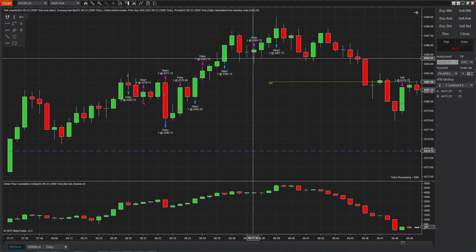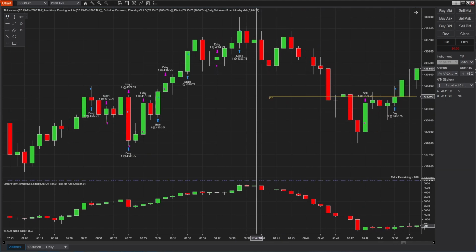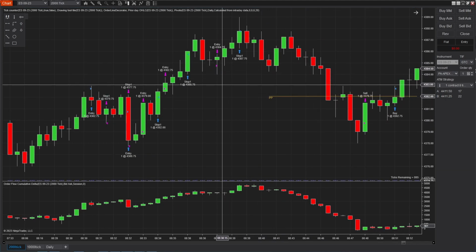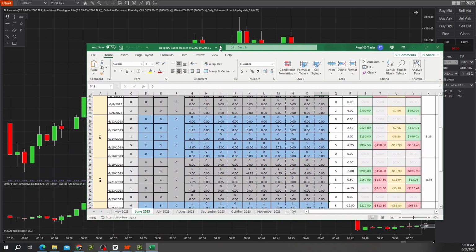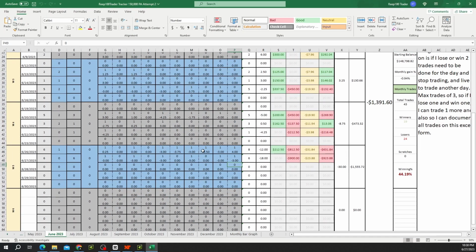Everything else went downhill from there, and I definitely learned a lot. I'm going to go back to each and every trade I took, better evaluate what I did wrong, and try not to do those again. Here on my trade tracker, we can see that I traded on the 26th and the 27th, and they were both big red days. That's because I tried to implement the new strategy that I thought was a good strategy, but I got chopped out and it hit my stop loss many times over, and it brought me to a negative week of